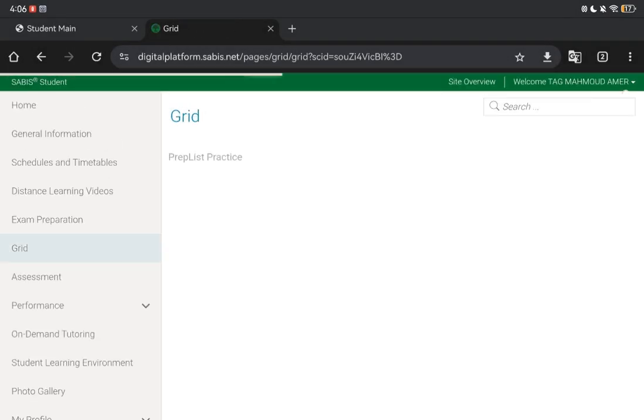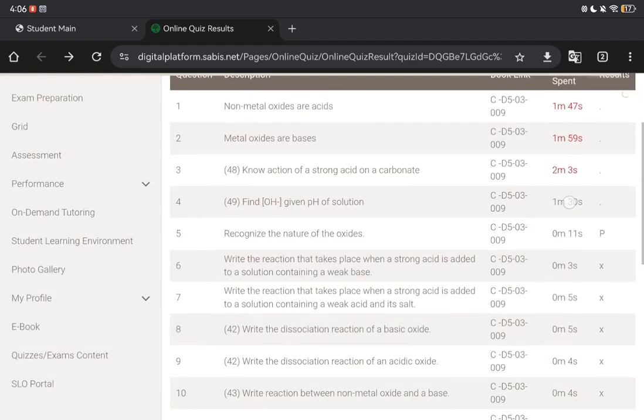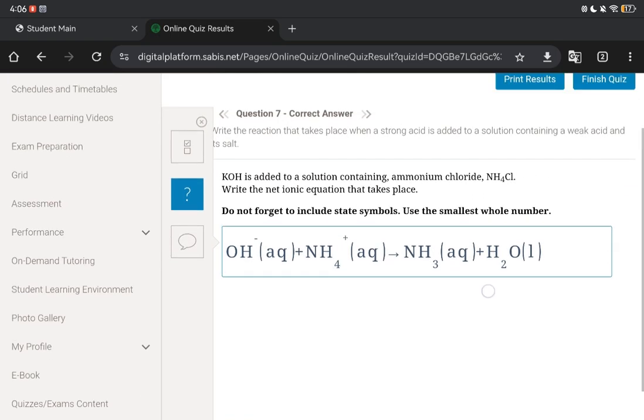If you have time in the exam, always write the full equation and try to